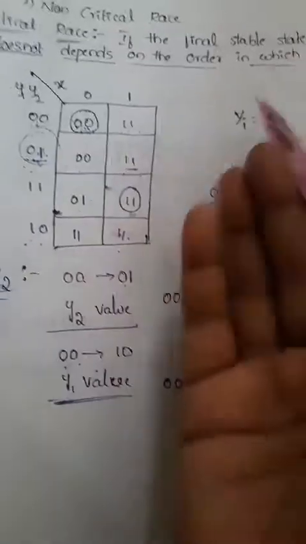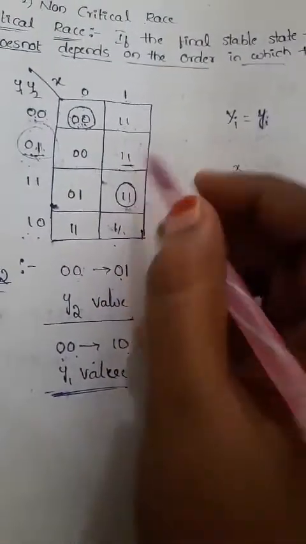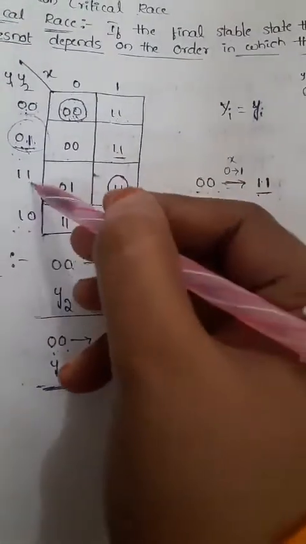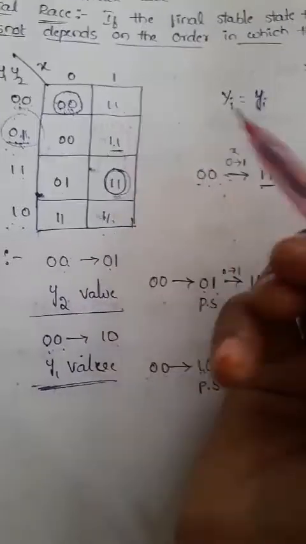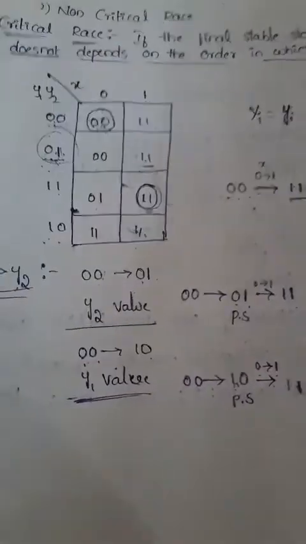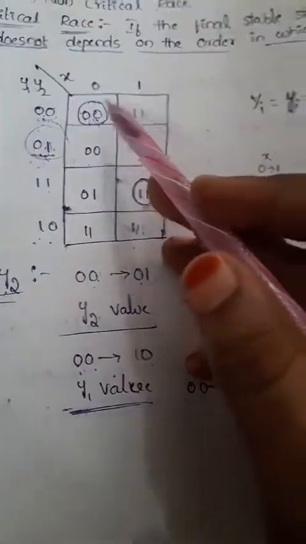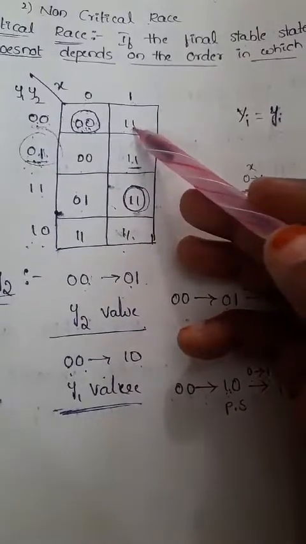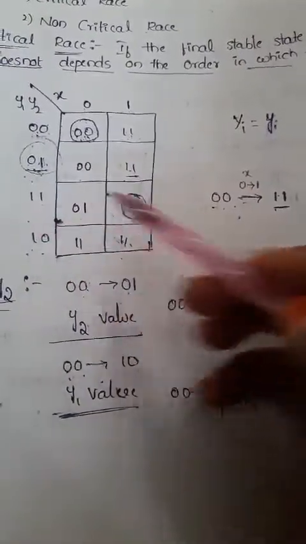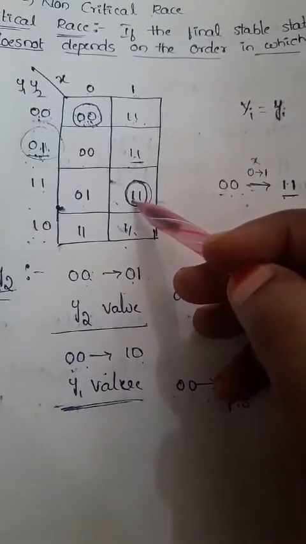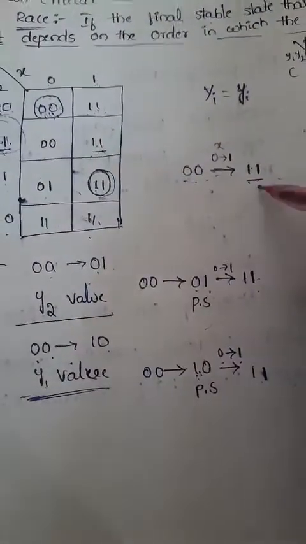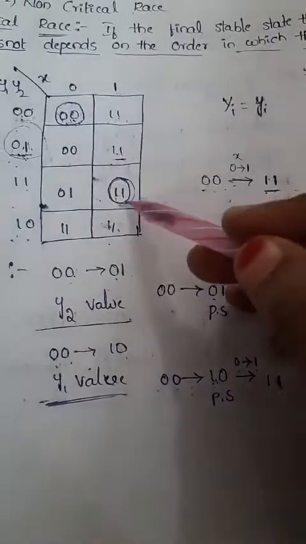Okay, so after some time this 1 1 is nothing but, at 1 1 stage we are getting from 0 to 1 change, we are getting the stable condition, right? Is it possible 1 1 is in stable condition? No, right? So like this, in 0 0 state that will be changed to 1 1 means this 1 1 stage comes to the present state, after some time again we'll get the stable condition. Okay, in these two cases we are getting the stable condition, that is 1 1.